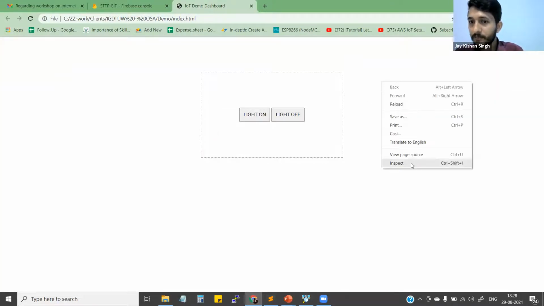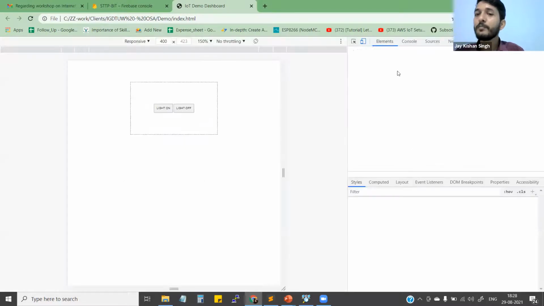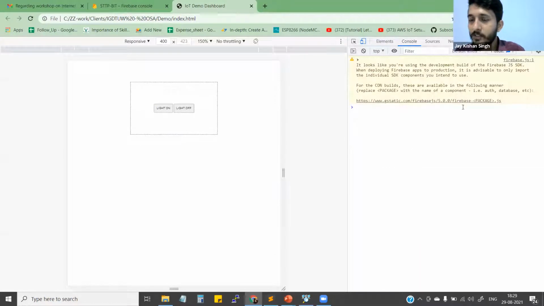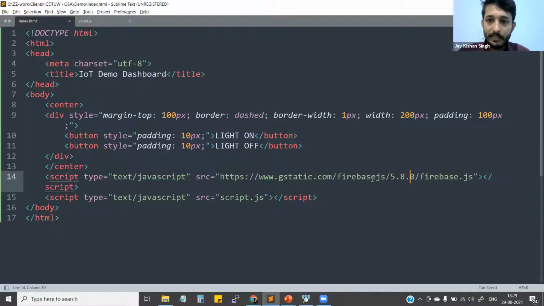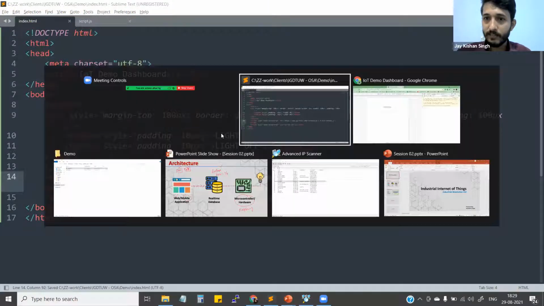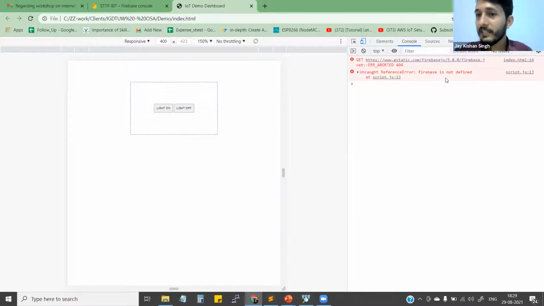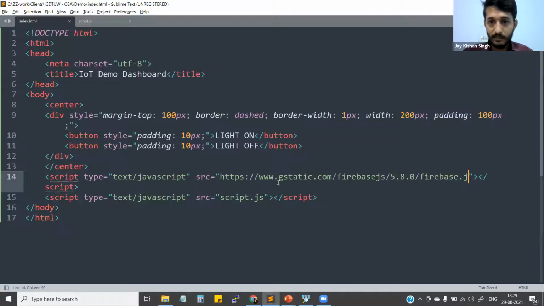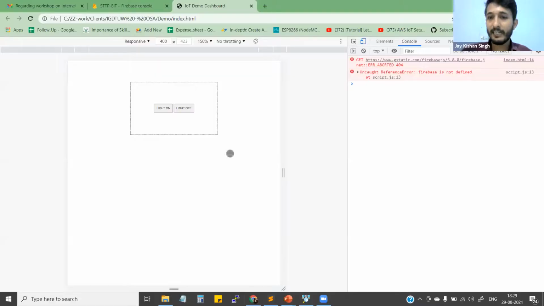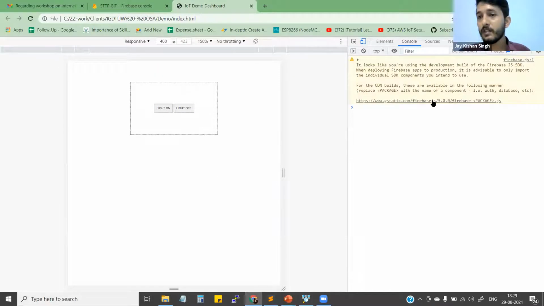I just right-clicked here, clicked inspect element and moved to the console part, right? So in the console, if you are seeing any error here, let me show you what kind of error I'm talking about. Let's say I change this to maybe CJS, I just remove this S right here. While writing a program, it may happen to us. See, it's giving me an error saying Firebase is not defined. Again, it's coming because we have not set up this URL in the correct format. So again, let me make it JS. If everything is correct and I refresh, you're going to see this. So everything is set up now and we are good to go.